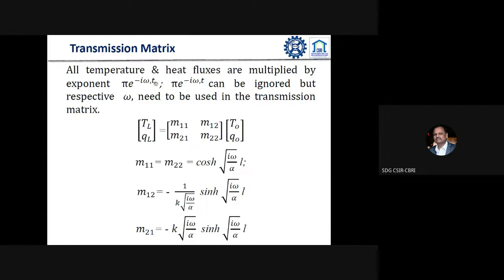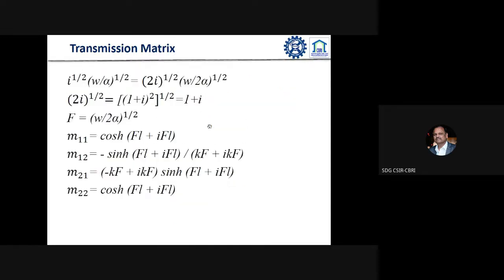So this is that particular transformation matrix, and T and Q are the temperature and the heat fluxes. So it depends on the temperature as well as the heat fluxes. Out of these, if you know two things, we can find the others with respect to the equation. We can find out the inside temperature.